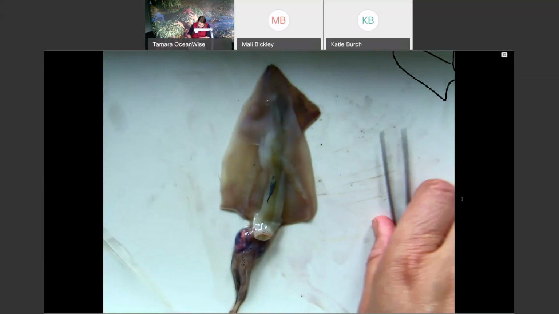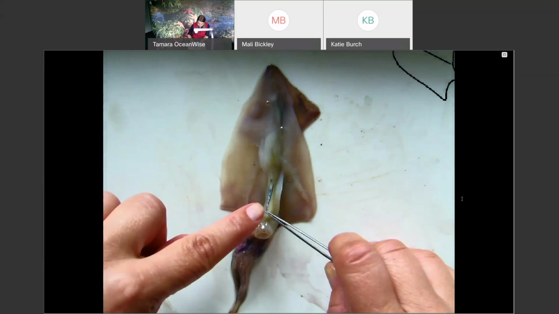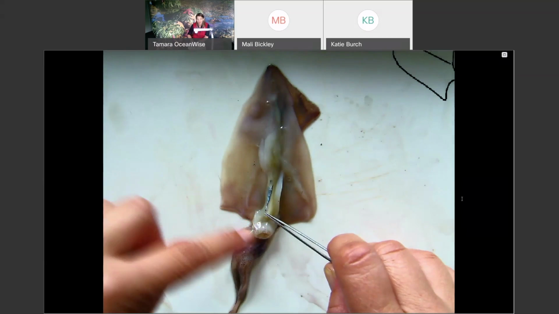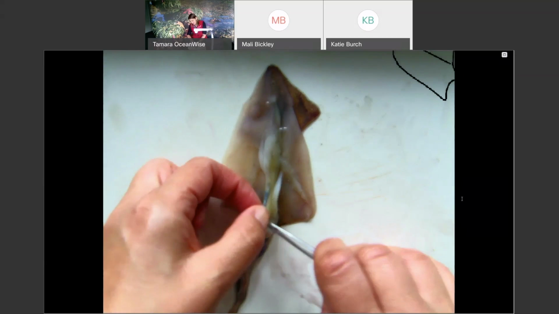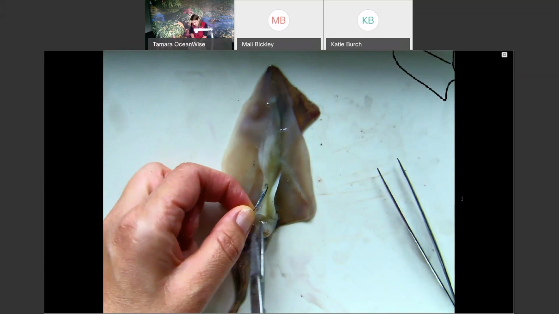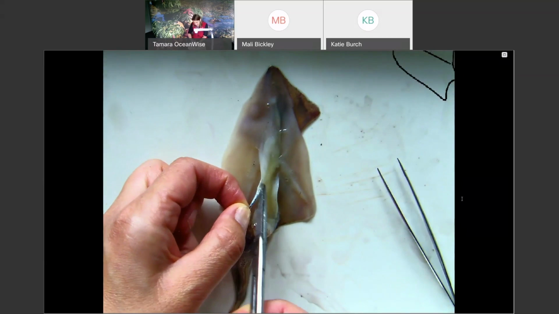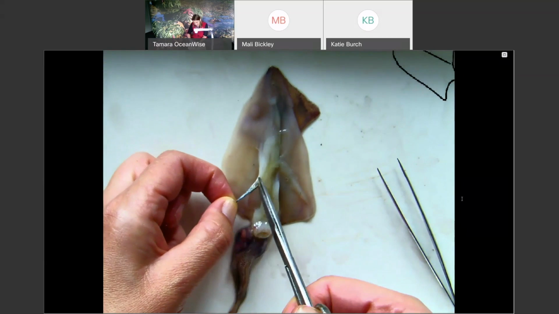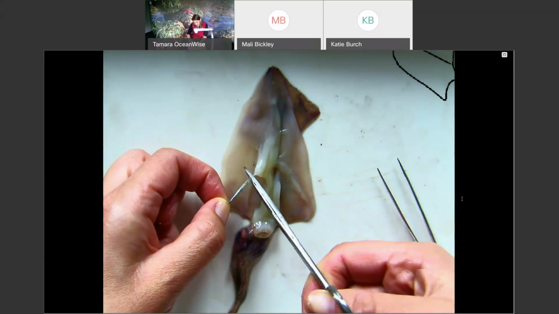And if we look carefully, you'll see right at the end here, there's the tube that goes through to the squid siphon. I'm going to get my scissors out, cut that open. I'm going to take that ink sac out and just leave it on the side for a minute,